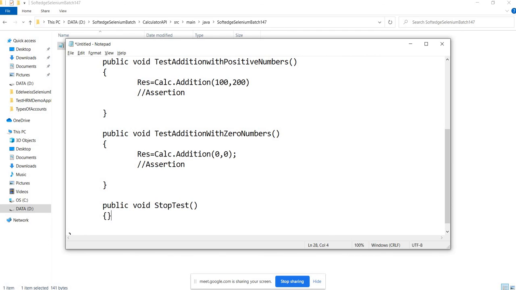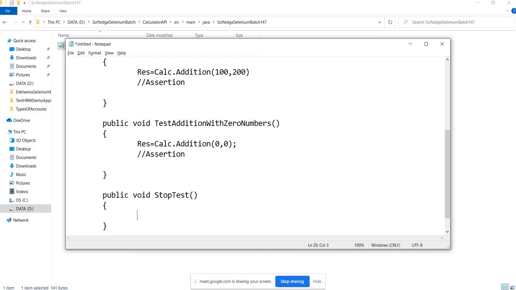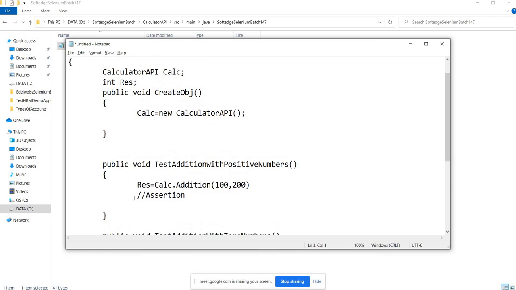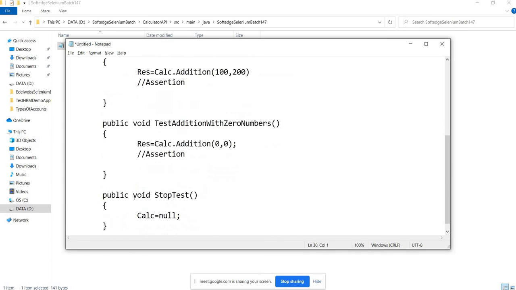For stopping the test, you will assign this object back to null, because now you are done with using the calc object which you have created and tested. This is how you bifurcate the different processes in the flow of your testing into multiple functions, and then get them executed one after the other.